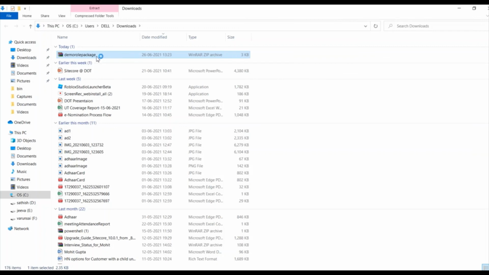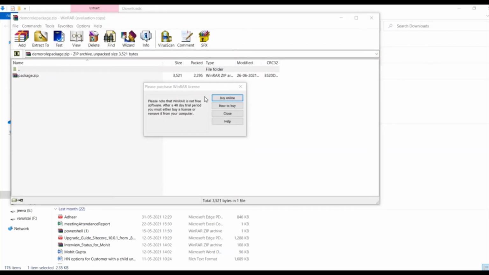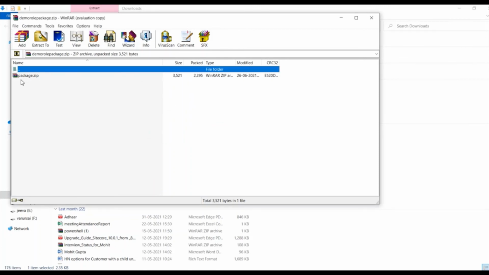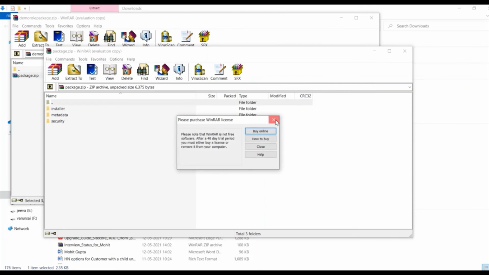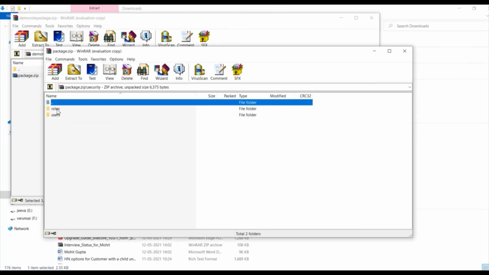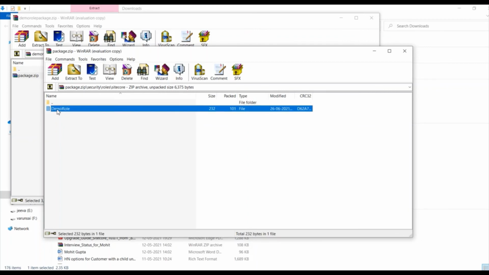If you double click it, you will see a security folder where all the roles and users are available, but the authentication details and authorization access level will be available at the item level. Okay. If you want to carry all the authorization, the authorized access level details, you need to take the items. That's it from this demo.